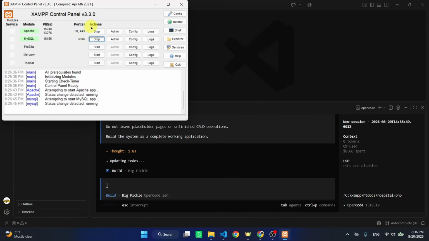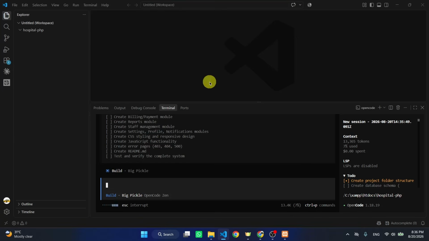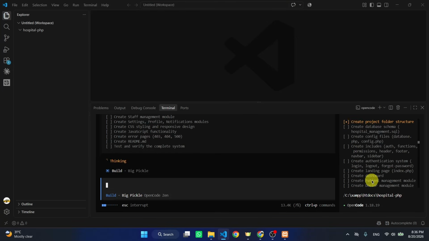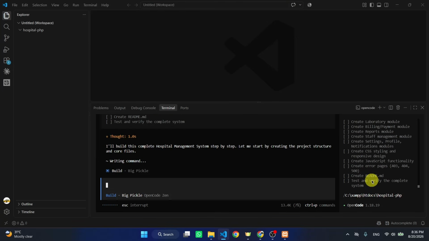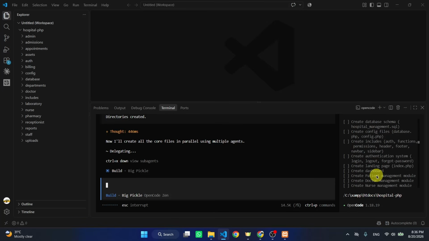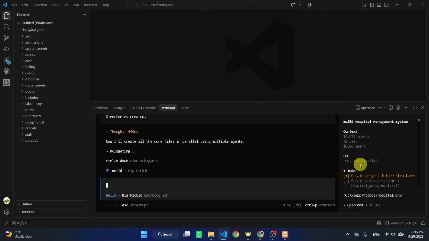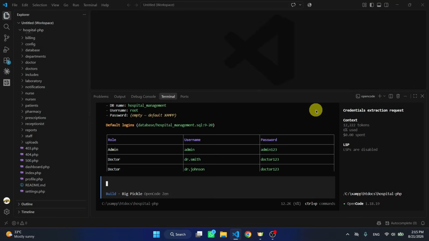And here we have, you can see, start Apache and MySQL server, done. Now we got a to-do list, you can see, and it will complete the to-do list, and after that it will give you all the credentials, also project credentials. Now guys, I will show you the project output, and after that I will also show you how you can sell it. Welcome back guys, here you can see we got all the credentials here and our project is